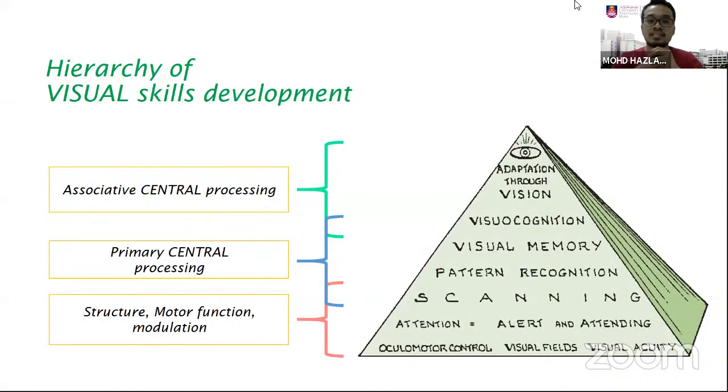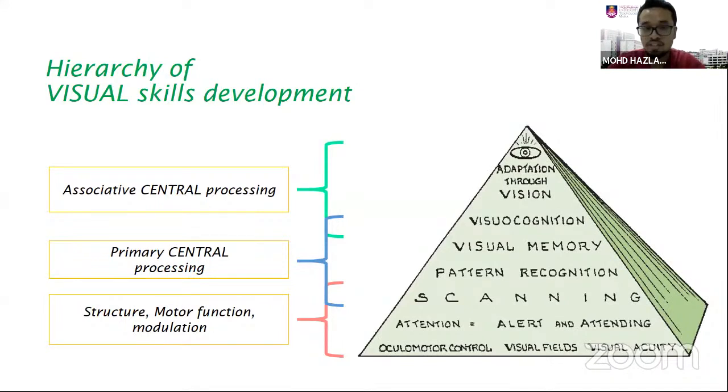So whenever you want to assess the child, you must start from the bottom. You need to eliminate the bottom part and identify that all of it is already settled, then you can go up and up. If you choose an assessment directly to assess the child's visual cognitive function, but the child really has a problem in the receptors, you are not really assessing the component that the child has difficulties with. Going up, we have primary central processing.